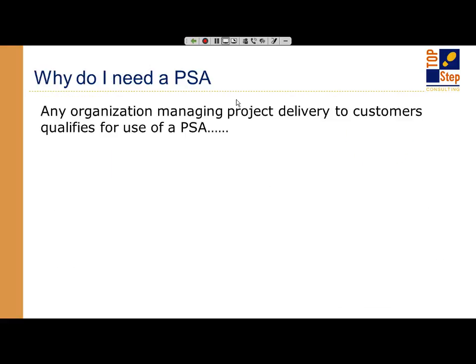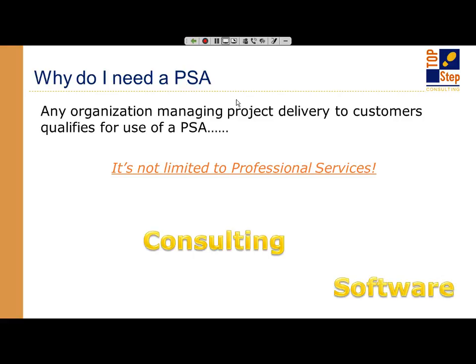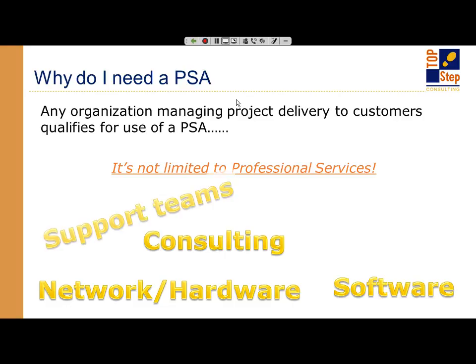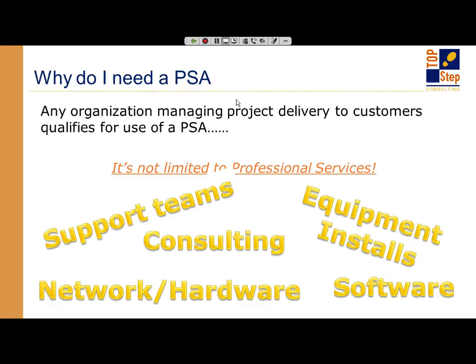So what I like to say, when we talk about PSA, it's got professional services in the name, professional services automation, but quite honestly it's not limited to professional services. I've personally worked with many companies who go beyond just consulting organizations and software companies to things where there's actually implementing network and hardware solutions, maybe entire support teams that have to track types of tickets and effort next to tickets. Equipment installs, like medical equipment installs, creative agencies that are doing all kind of website builds, ad campaigns,